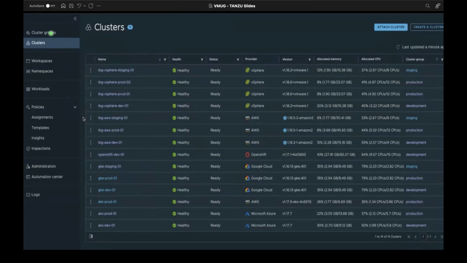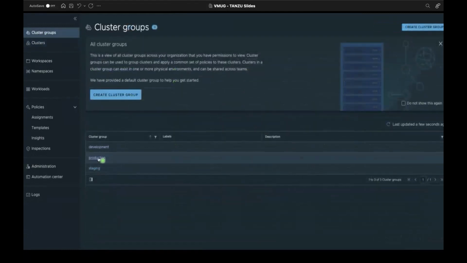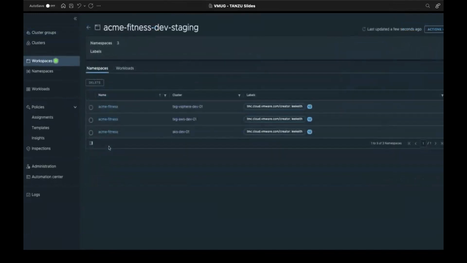You can actually create cluster groups as well. You can create a cluster group, add the clusters based on the business units that you have, and on a particular cluster group, you can go and apply the policies the way you want. So this will help you in orchestrating a lot of things. And similar to cluster groups, we have something called workspaces. This is another way of grouping your clusters, but not with the cluster names, but with the namespaces. Whatever number of namespaces you have based on the segregation you want, you can add those, and you can group your clusters and apply the changes.